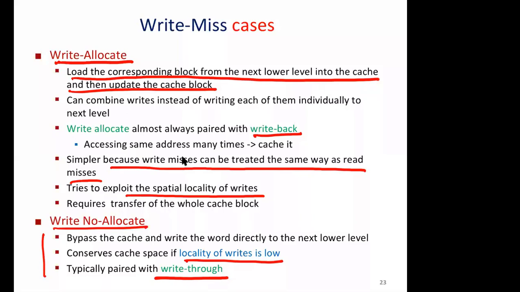Excuse me, sir. In write no allocate, we pair it with write through, which takes some time to update the value in the entire memory hierarchy, right? Yeah. So suppose we write something and immediately use the values in that location. It will contain the old value, so won't it cause some error? No, so what we are doing, right? No allocate means that we are not bringing the block up, but writing to lower levels.